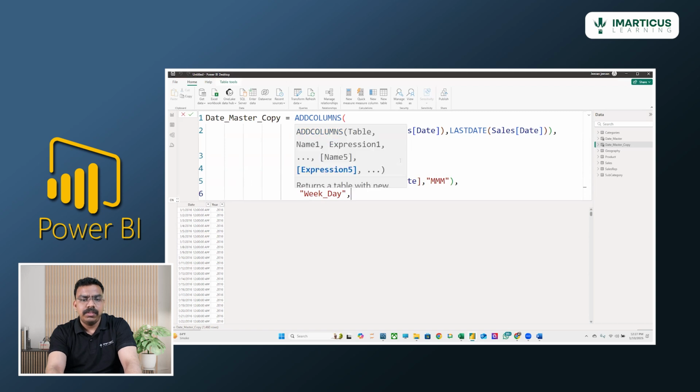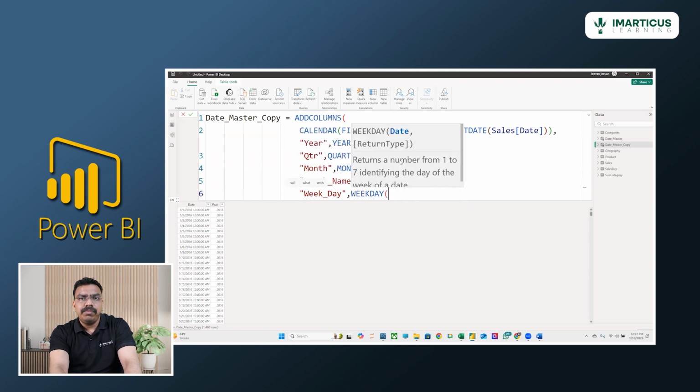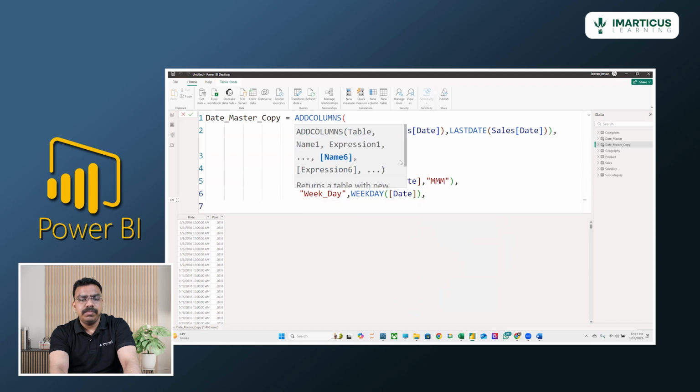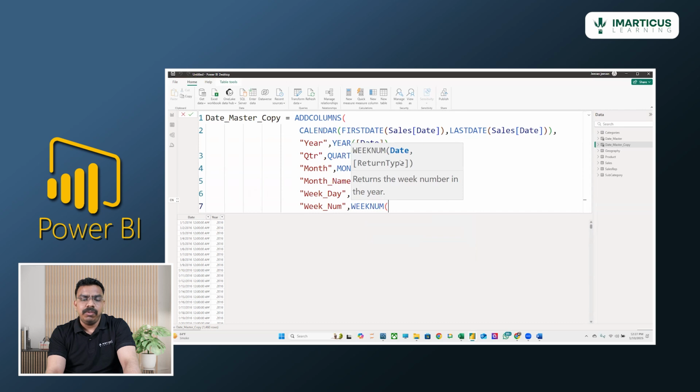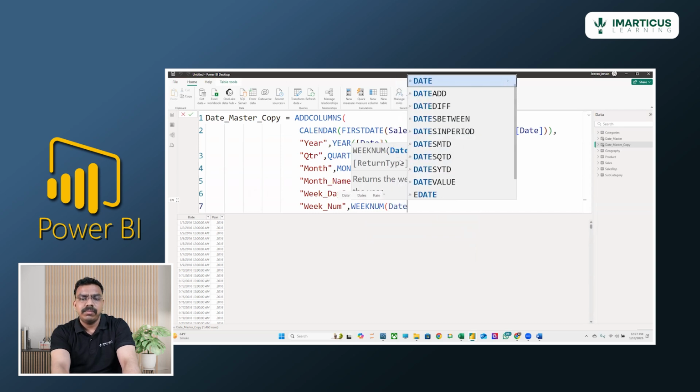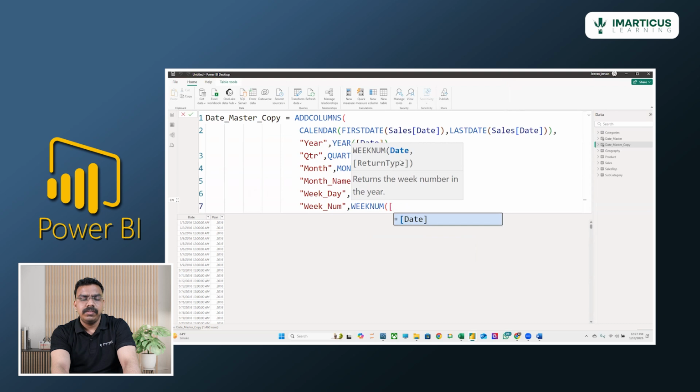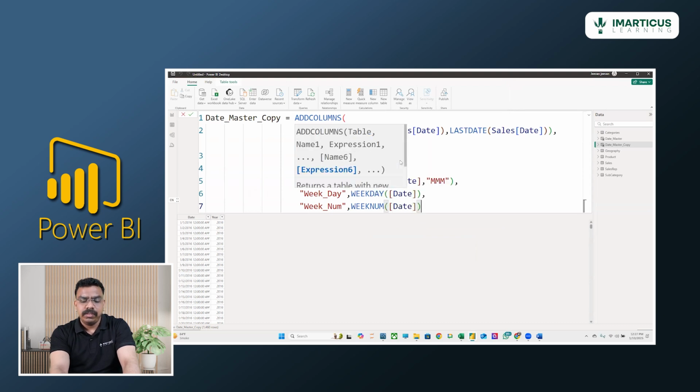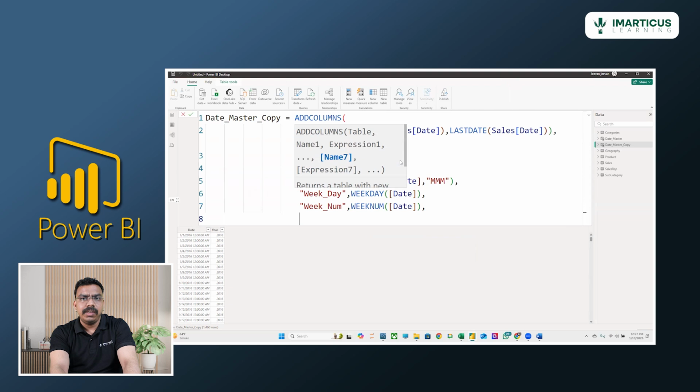Weekday, comma, you're providing the weekday of date column and you're closing it, comma, you're providing another column name called week num, comma, that is nothing but you're providing the function called week num of date table, comma, the last expression is nothing but your week name. You're using week name,